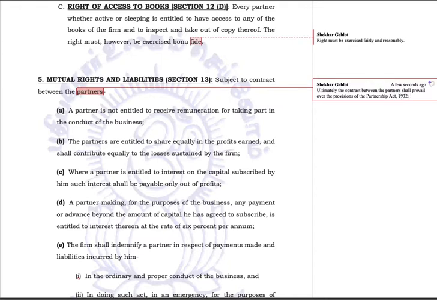ultimately, if you have a contract, the provisions of the contract, what you people have decided to say, will prevail over the provisions of the Indian Partnership Act. Okay. So your contract is more powerful than the provisions of the Indian Partnership Act. Why? Because in order to provide,